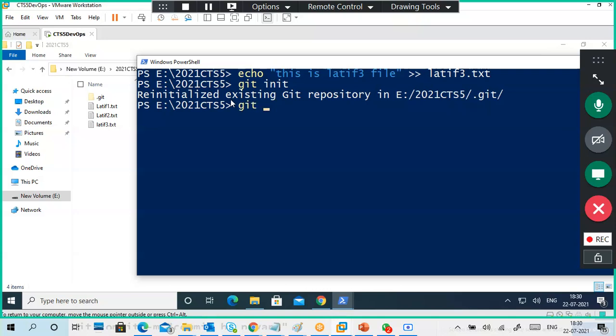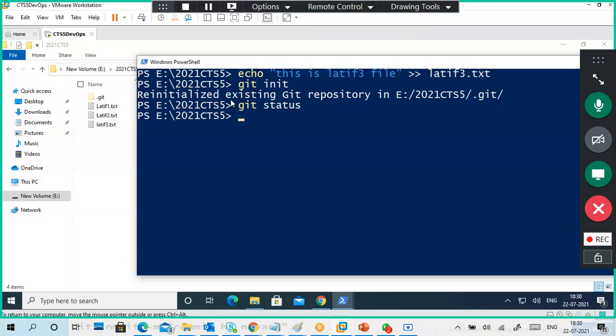What is the next command? Status. Okay, after status, the main command. Status is for checking purposes, but why is it not coming?